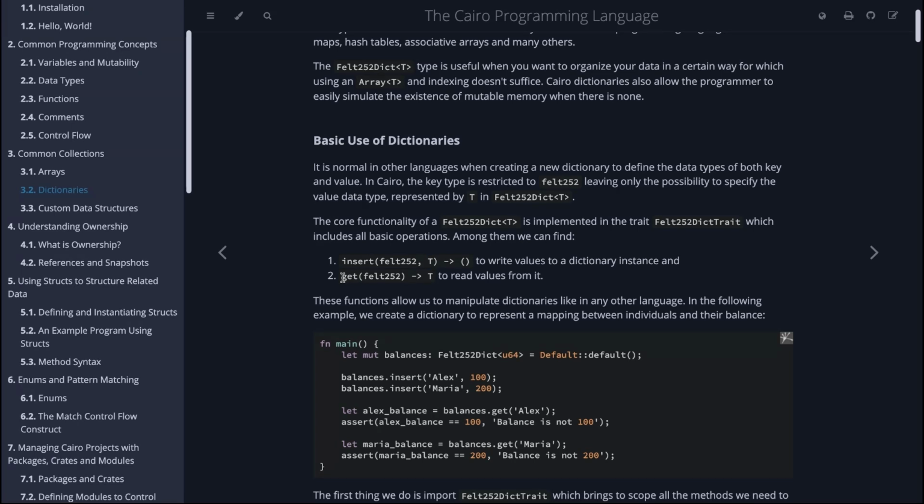And then when you want to read value from the dictionary instance, you just call the get method, input the key value type, which is felt252, and then it returns the value type for you. So that's basically how you do it. So let's go back to